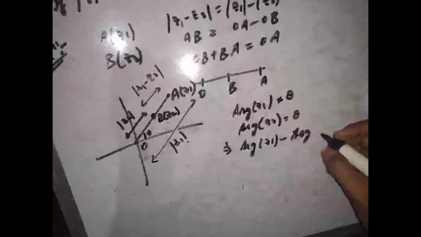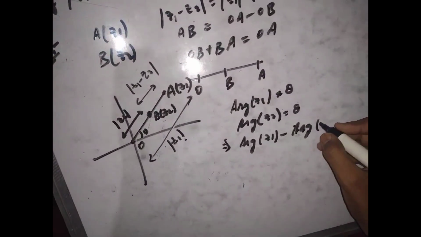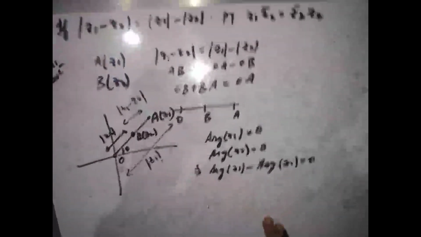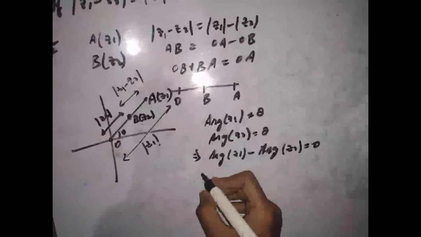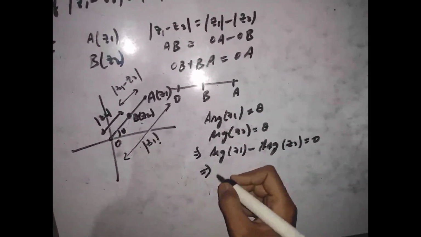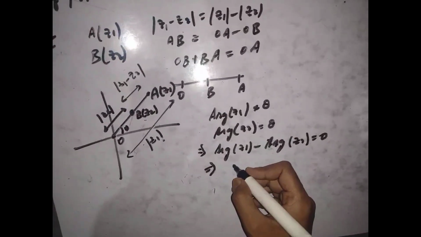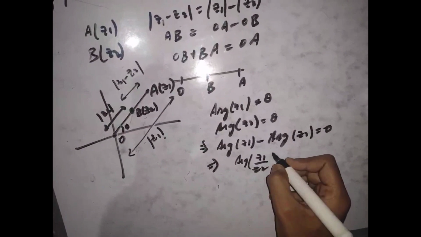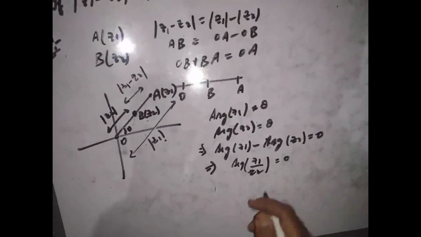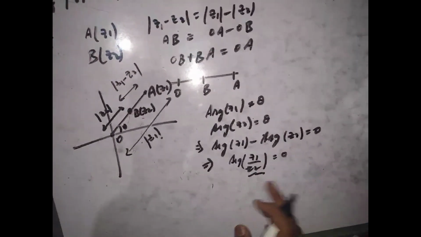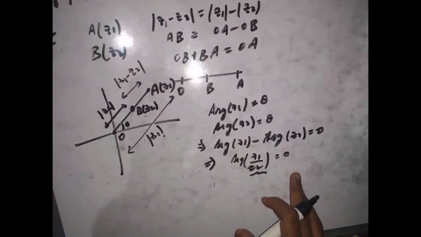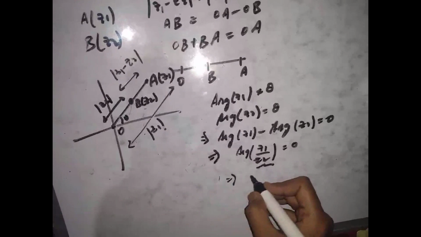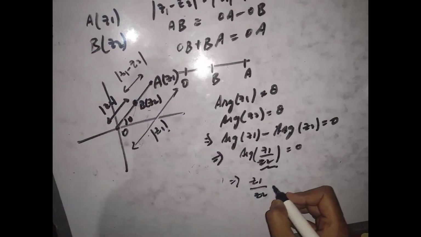Therefore the difference of their arguments will be 0, and we can write this equation again using the property of argument. We can write that argument of Z1 upon Z2 is 0, and if we treat this as a new complex number, argument of a complex number is 0, then we are completely on the real axis, which means that again this means that Z1 by Z2 is